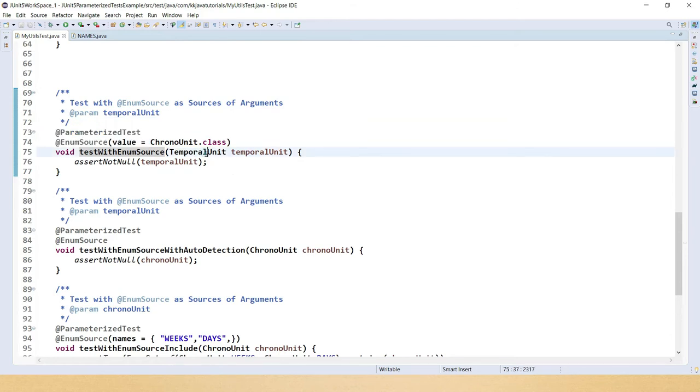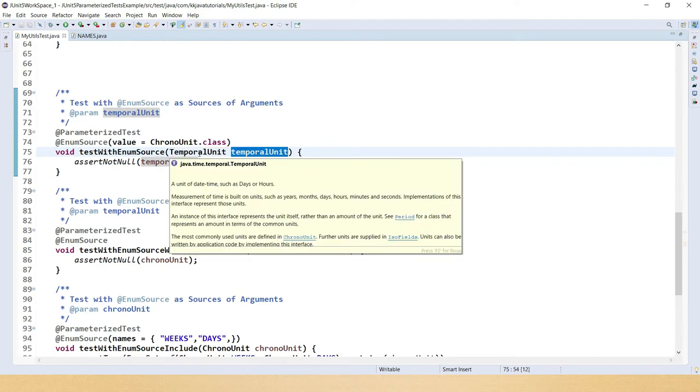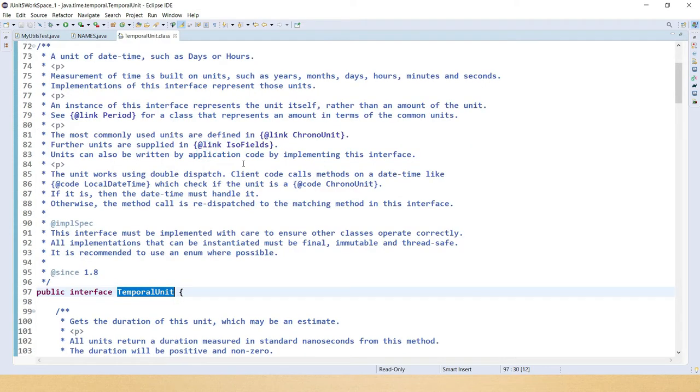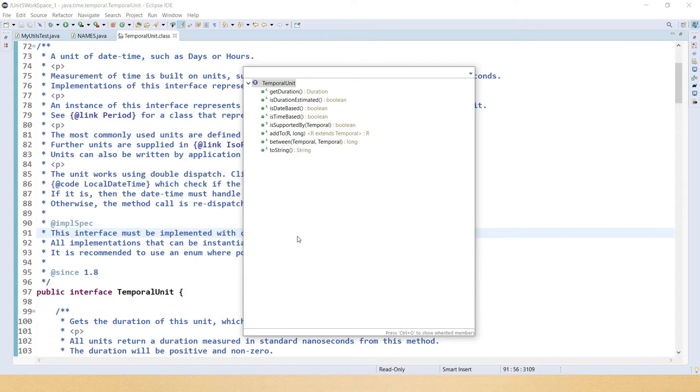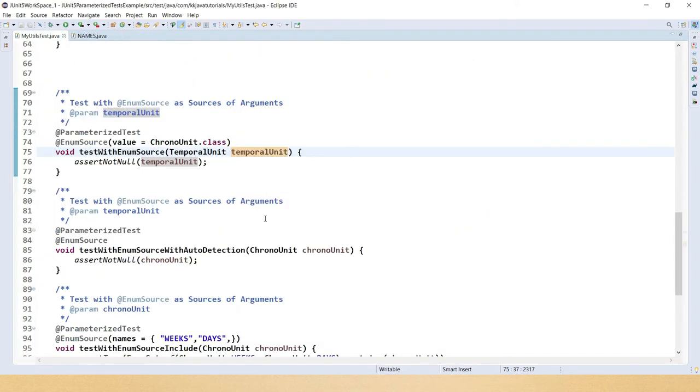Now here my test accepts a parameter called TemporalUnit, right? This is basically an interface which has a lot of methods, which do kind of calculations. Now let's say I want to use some constants which are already present in ChronoUnit.